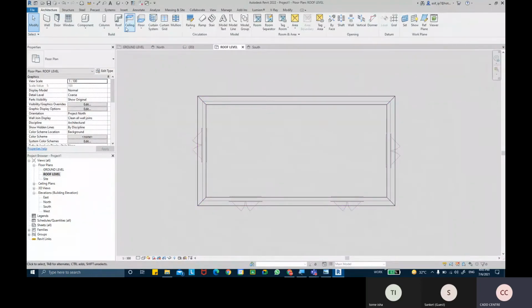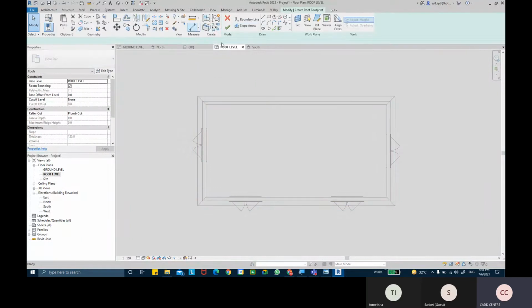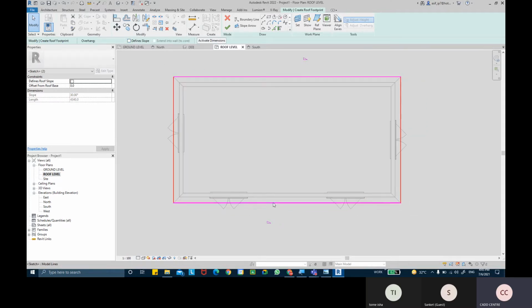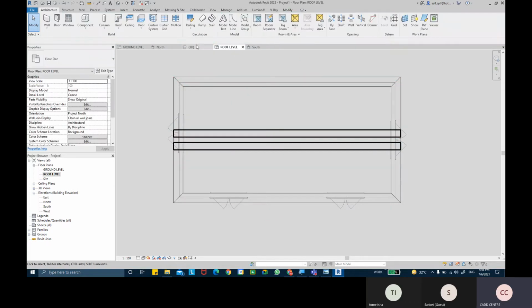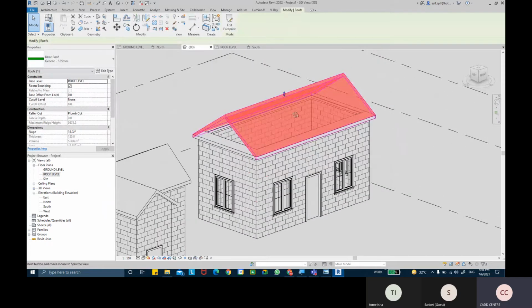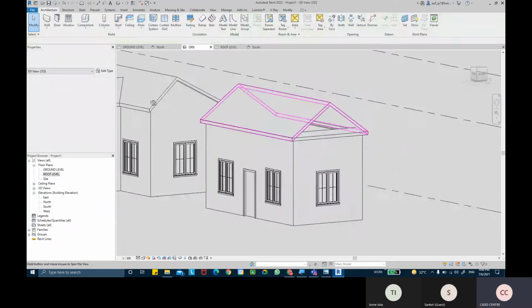All right, so another roof once again. I'm gonna create one more time a roof by footprint. Create another rectangular shape starting from the same point all the way till the same point. You can lock the lines maybe so that if you change the bottom roof distances or anything, the top roof also gets automatically changed. I'm gonna undefine these two slope lines, only this side and the sides can be a habit. You can hit finish mode, and now if you look into 3D view, you should have that roof ready. You can drag a little bit more to the side, and here we go.